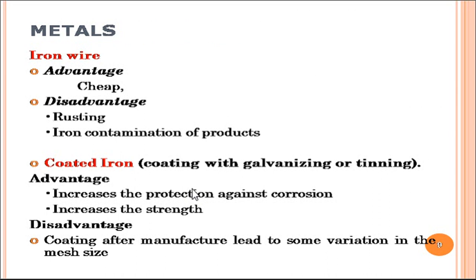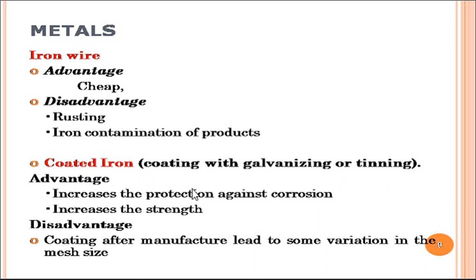So looking at that requirement, the next point is what kind of construction material is used for making that sieve. First one is metal, where we can use iron wire because it is very cheap, but there are a few problems. After washing with water, there may be chances of rusting, there may be chances of oxide formation, and this rust material may get mixed into your product and cause contamination.